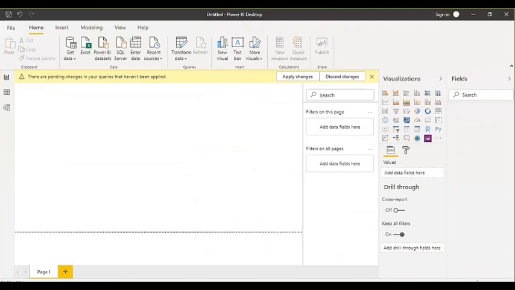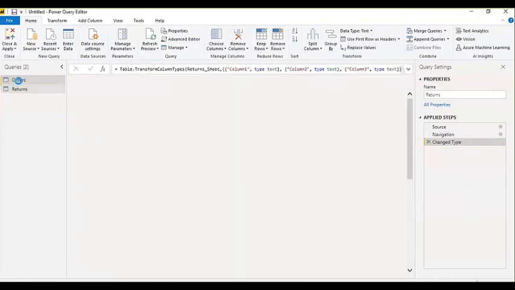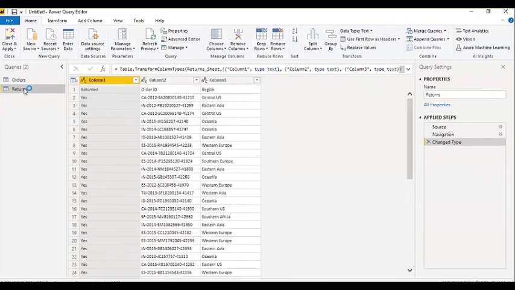When you load the data in Power Query Editor, the data is loaded in the memory, and whatever data transformation you do happens with the data while it is in the RAM. That's why it is in-memory data transformation. Once you have done all your data transformations here, the data is in memory.